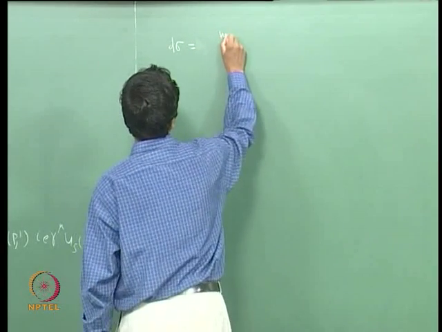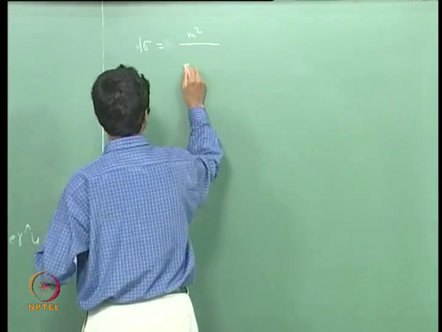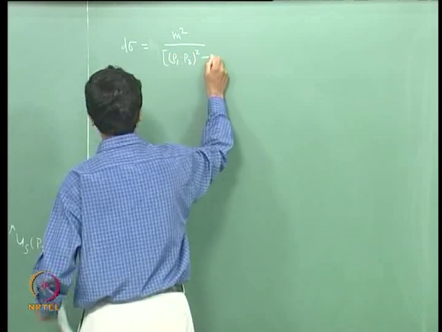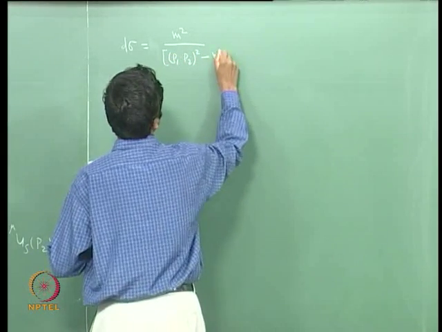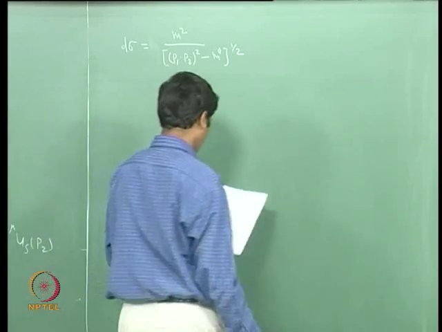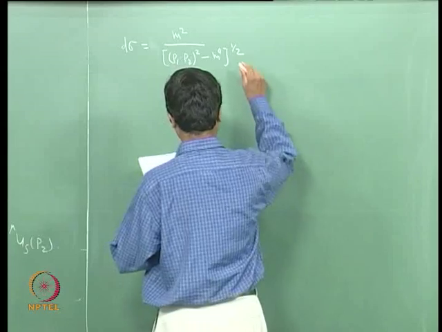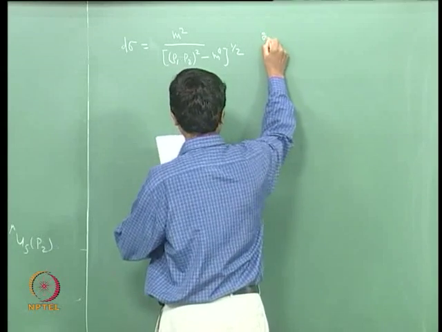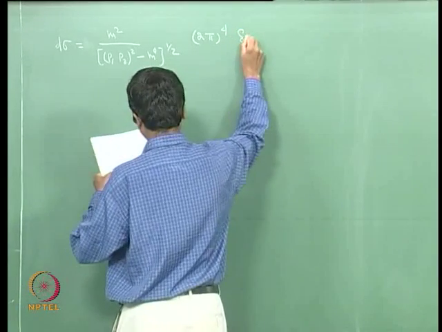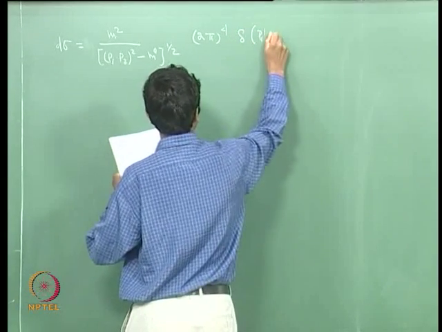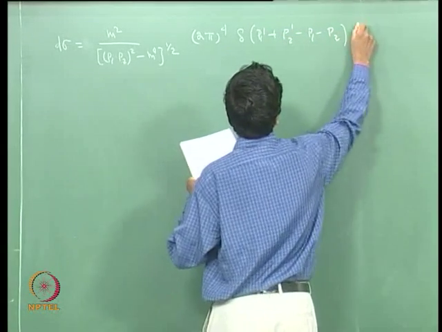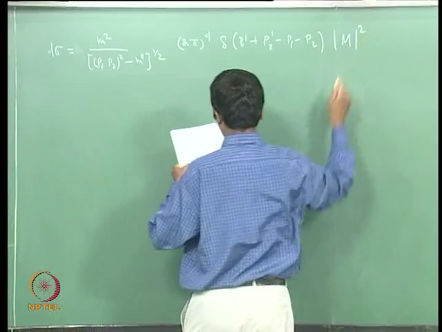So for fermions this is m² divided by [(p1·p2)² − m⁴]^(1/2), and then you have (2π)⁴ δ(p1' + p2' − p1 − p2) |M|²,